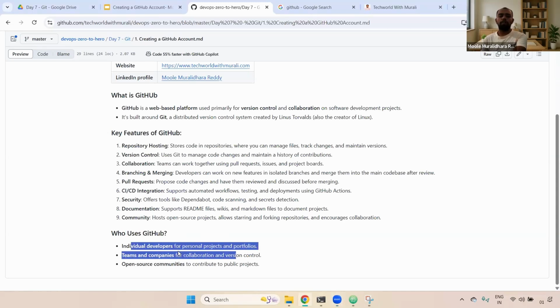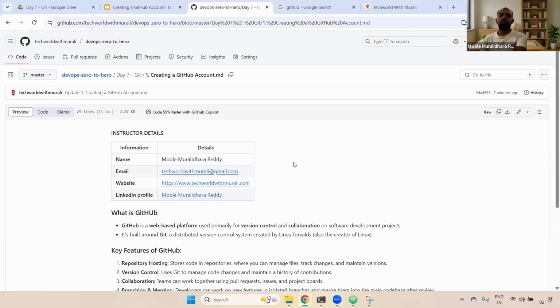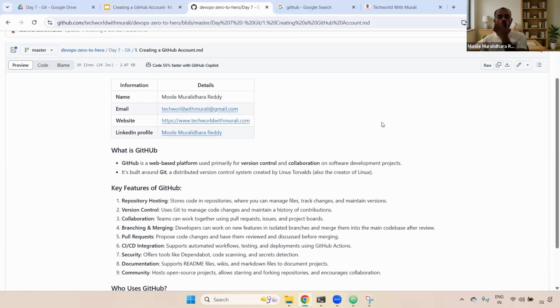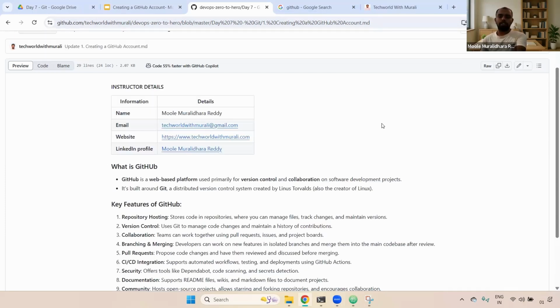One is individual developers, teams and companies, and open source communities. People also use this particular GitHub. Any questions here? And one more thing, remember, inside GitHub we have two types. One is public repositories, the other is private repositories. Public repositories means, as I said,